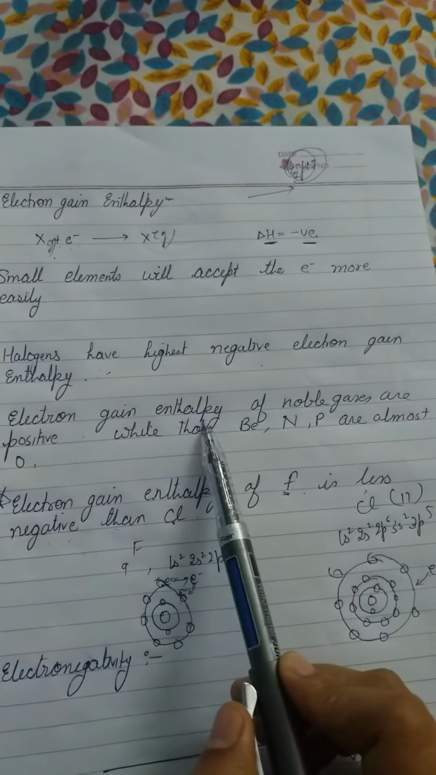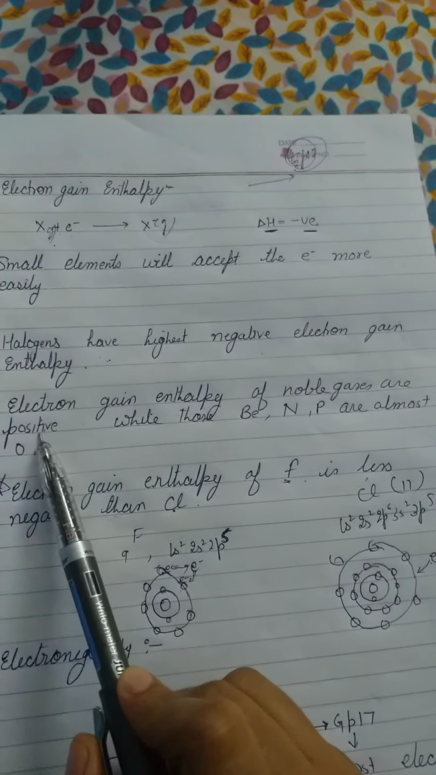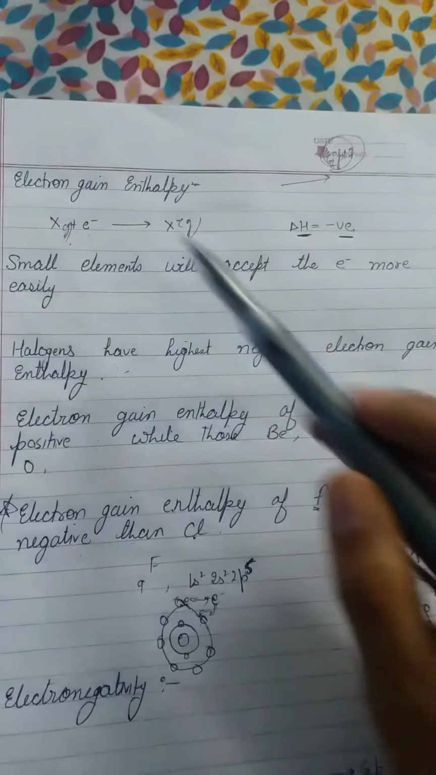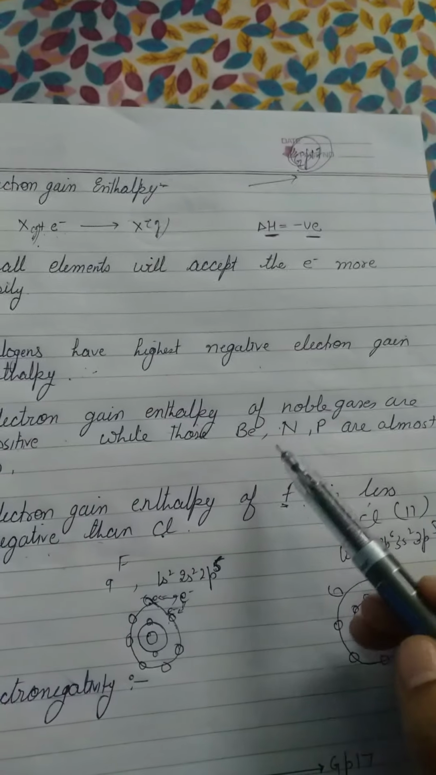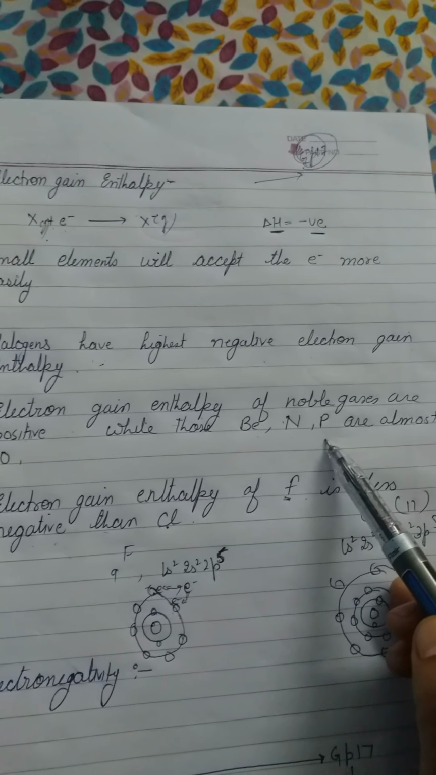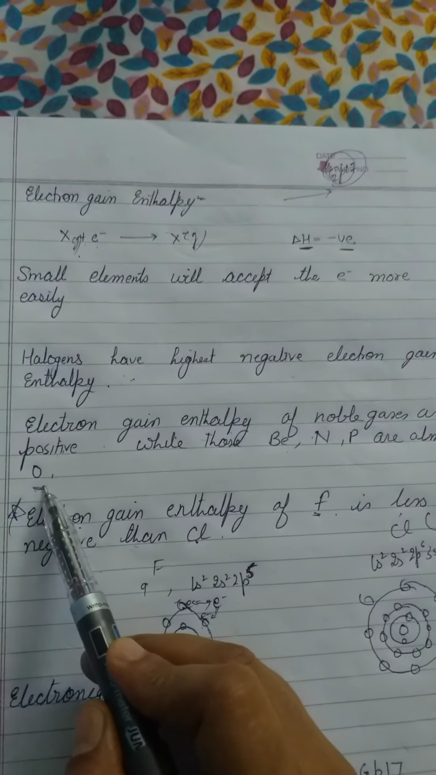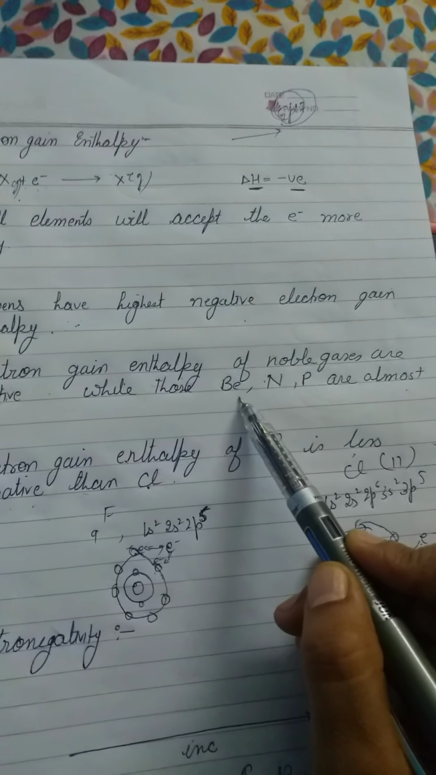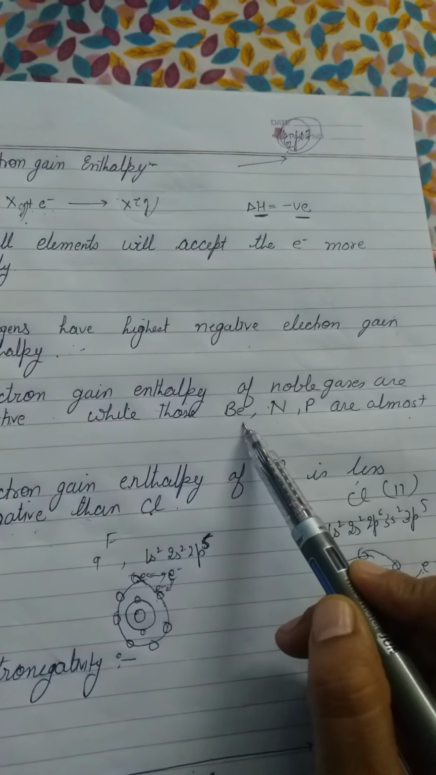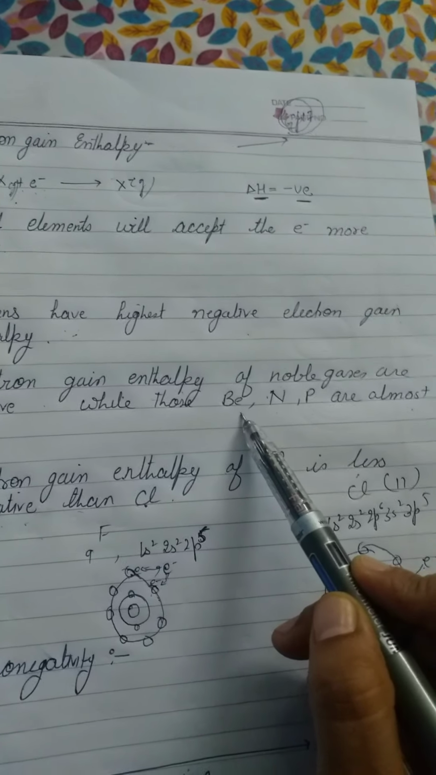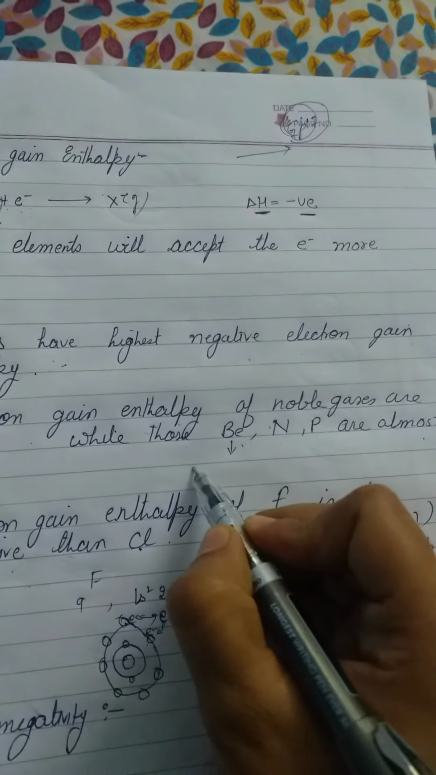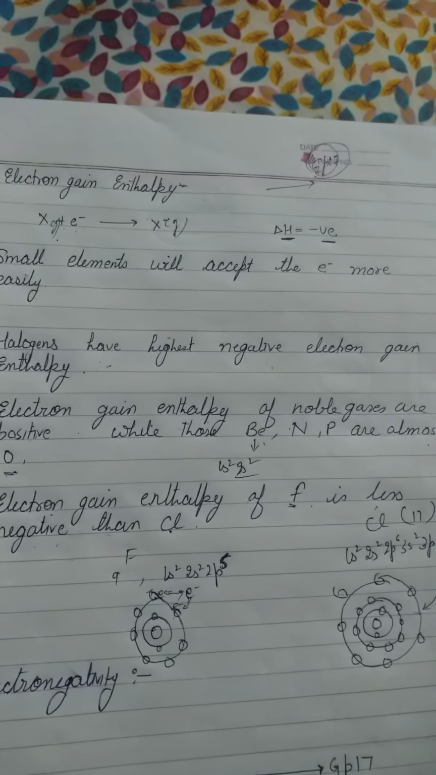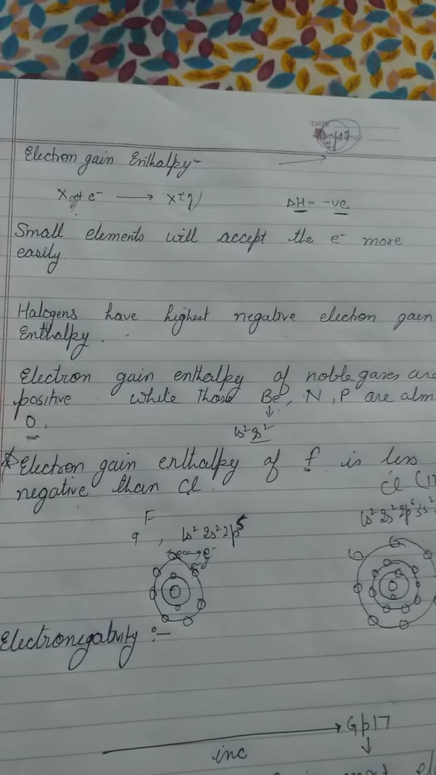Another one, electron gain enthalpy of noble gases is always positive, because noble gases do not want to gain an electron. So in order to add an electron you have to put in some energy, whereas in case of beryllium, nitrogen and phosphorus, they almost have zero electron gain enthalpy. Why is it so? Because you can write their electronic configuration. After writing it you come to the conclusion that they have fully filled or half filled subshells, like in case of beryllium 1s2 and 2s2. As the subshell is fully filled, it has zero electron gain enthalpy. Another term we have